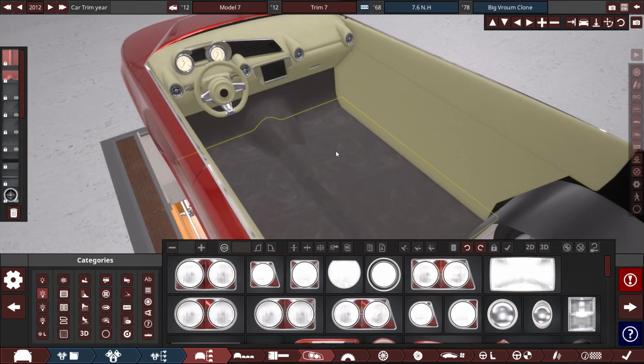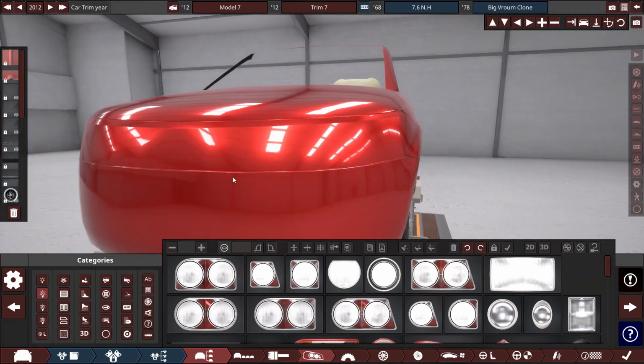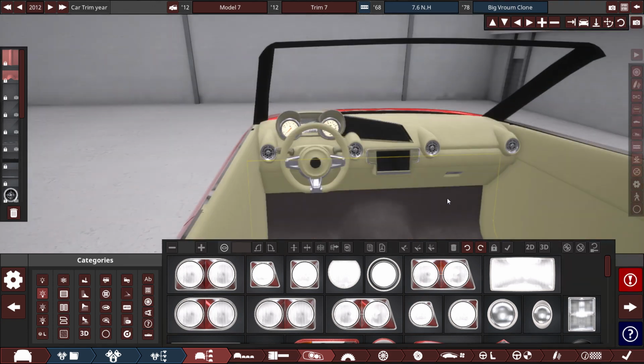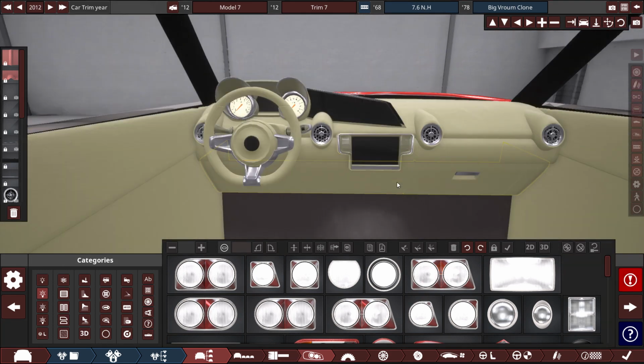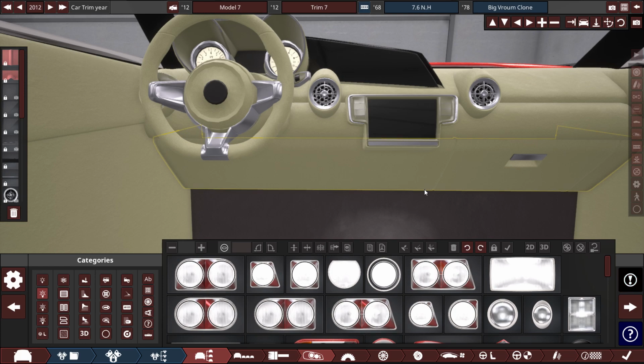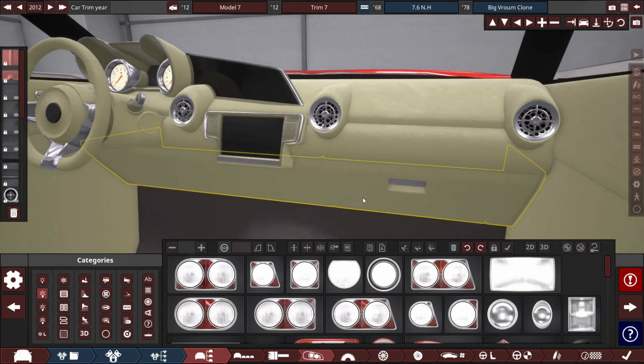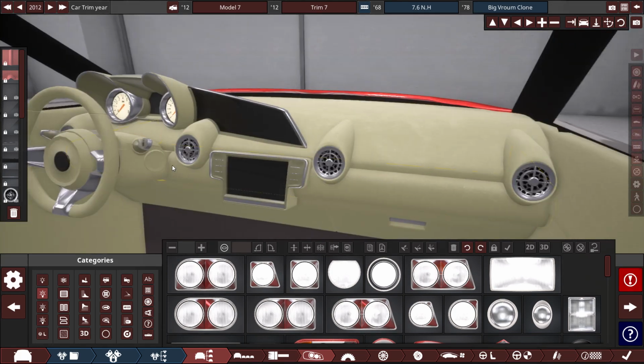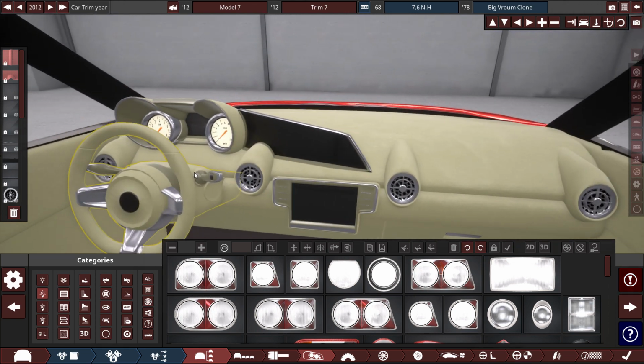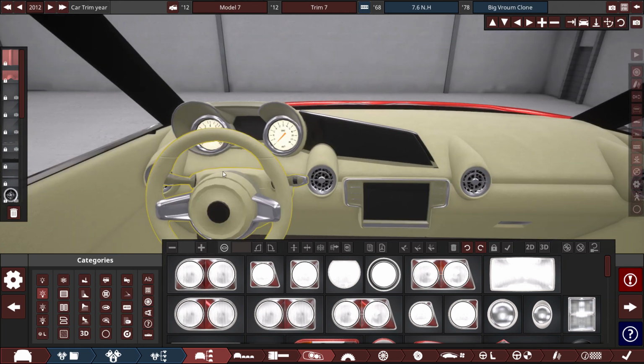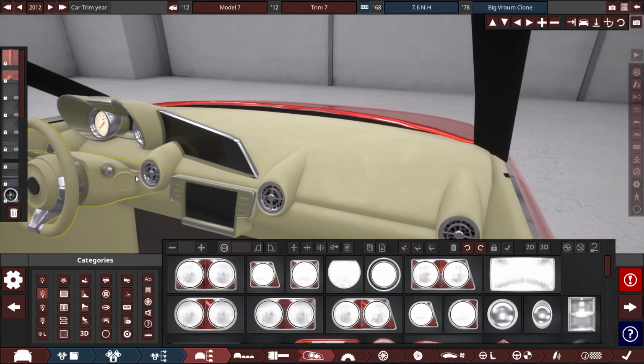To my tutorial on how to make a modern interior. So far we have covered all these things, and now what I will do is cover more things. Like for example,